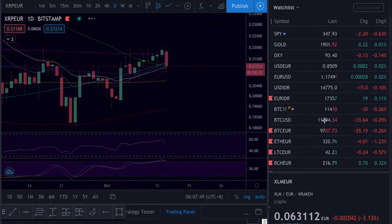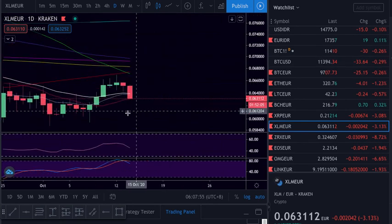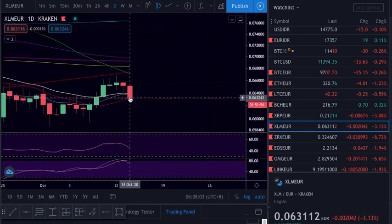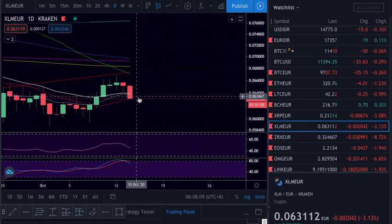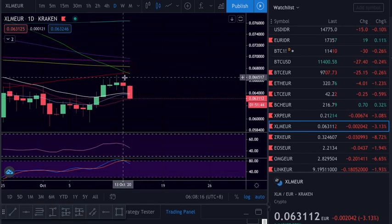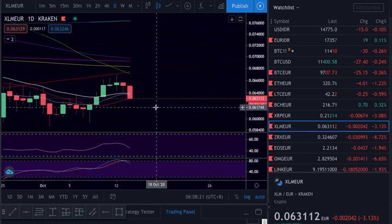Stellar, also big red candle, but we closed holding the 20 for now, still 2 hours. Just wait a little bit and use this candle as the stop loss when it closes to see if we open with a green candle at least to here, or who knows, even a week higher, but seems like a top here, but still some profits if someone wants